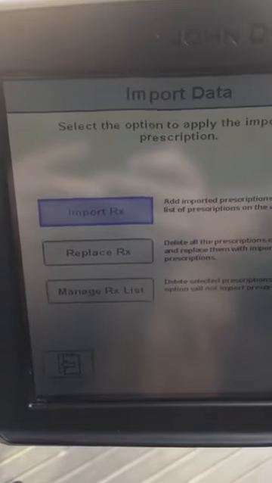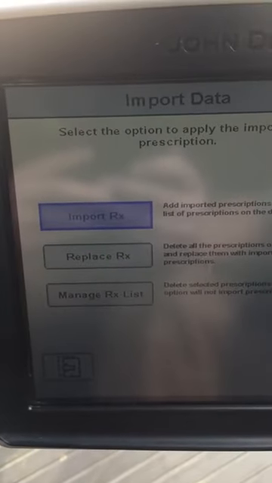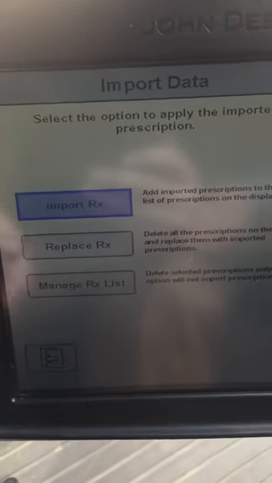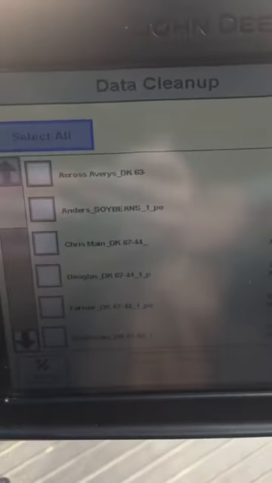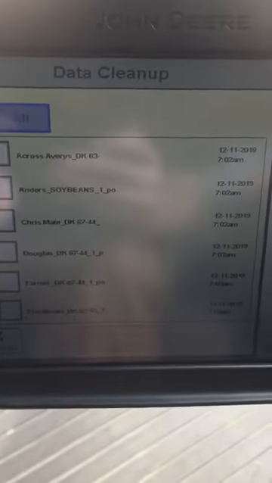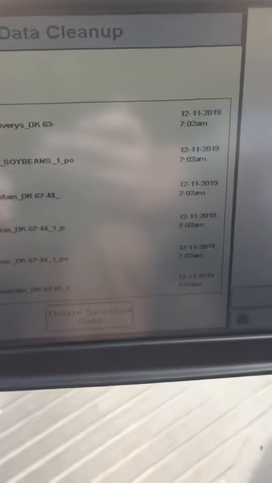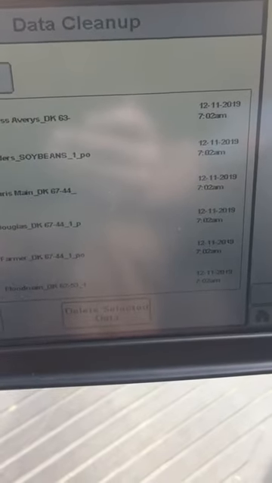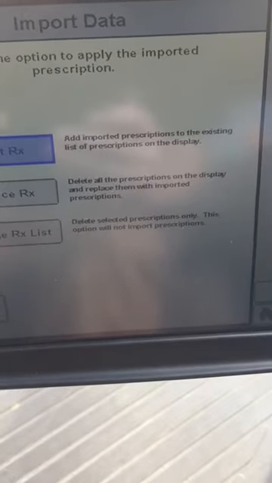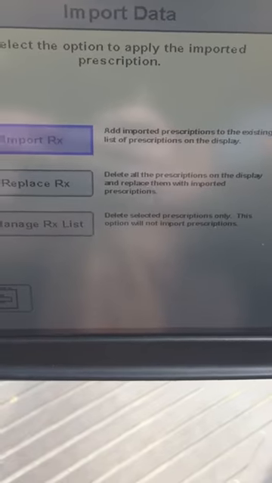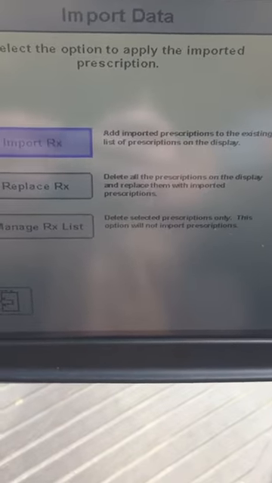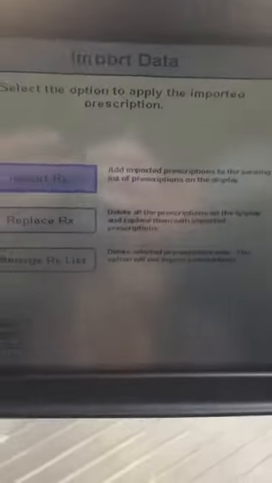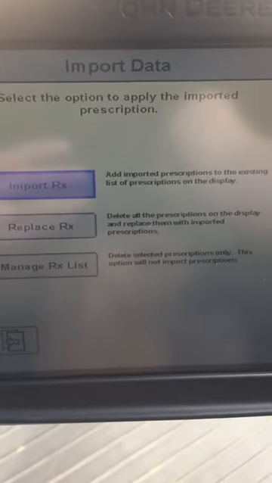Then you're going to have a few options there. You can import a prescription, you can replace prescriptions, or you can manage your RX list. So if you had prescriptions saved on there from last year, you're going to want to delete those out by checking those and hitting the delete selected data down here. I'm not going to do that today. If you were going to import those, you'd hit import RX, a green bar would come across your screen and read those in. So once that was done, take your thumb drive out,